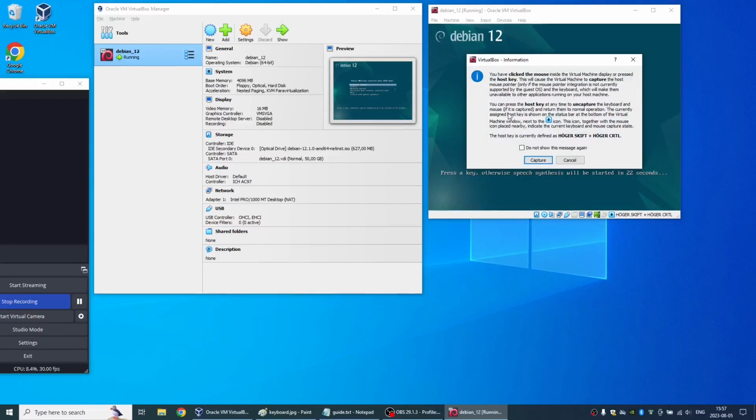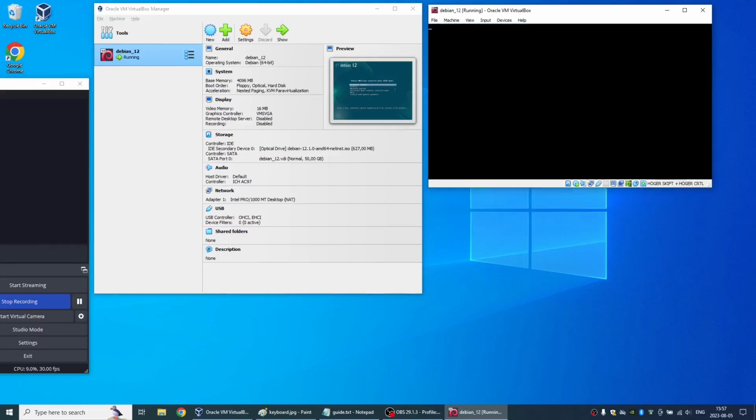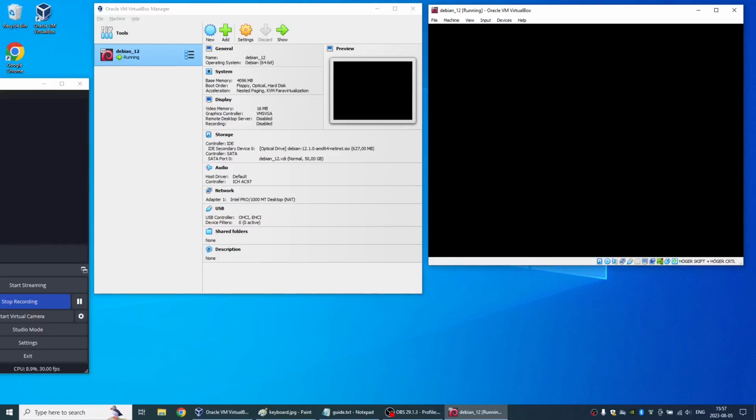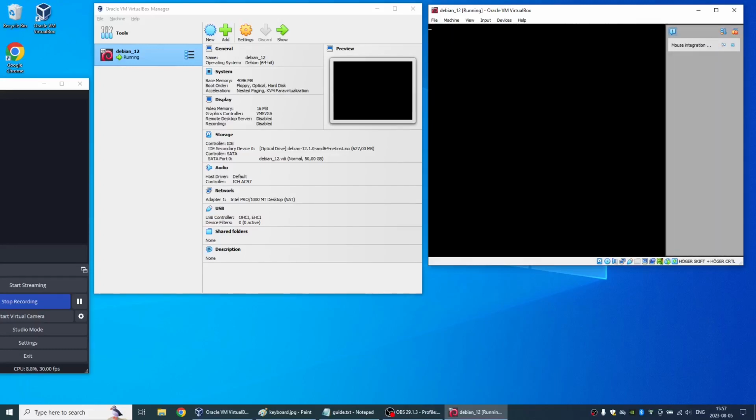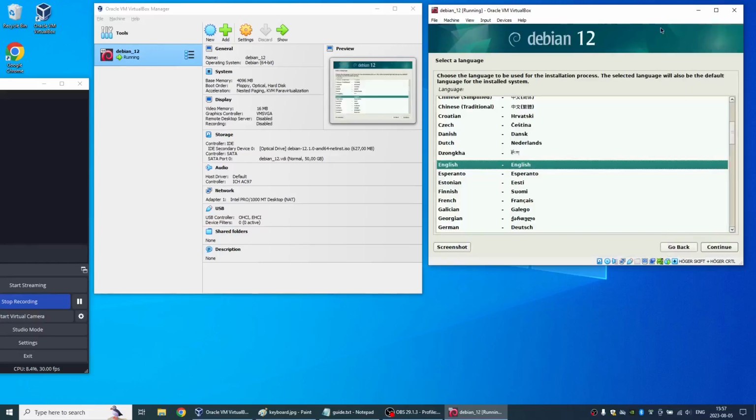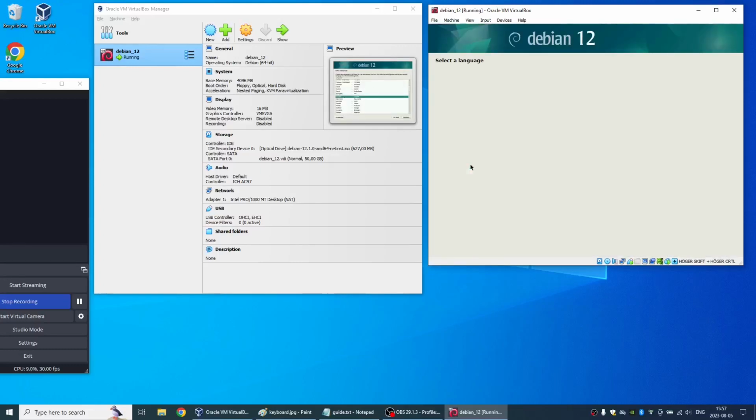And yeah, if you click on the virtual machine, you might get this pop-up. So just read carefully for you to understand what the host key is. And yeah, the installation is starting now. Just close this dialog. I will choose English,